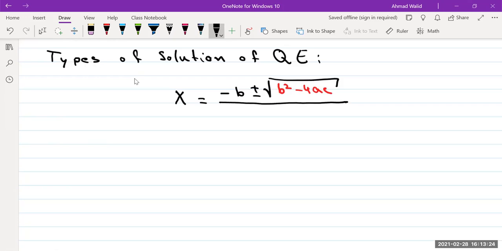over 2a. Even before solving a quadratic equation, if you see the part under the radical, which is b squared minus 4ac, if you find b squared minus 4ac for any given quadratic equation, it explains to you which type of solution you have for your quadratic equation. How? You have to remember this, 3